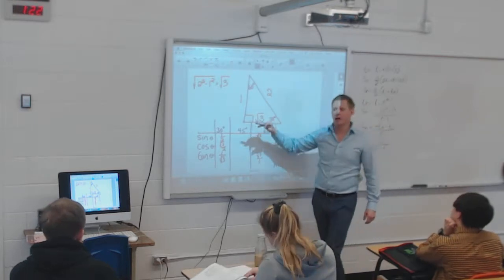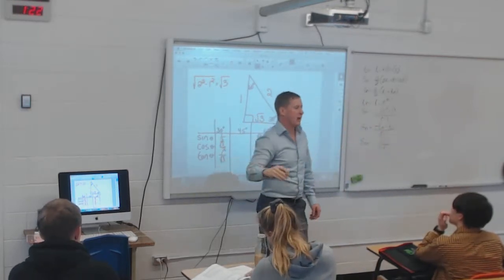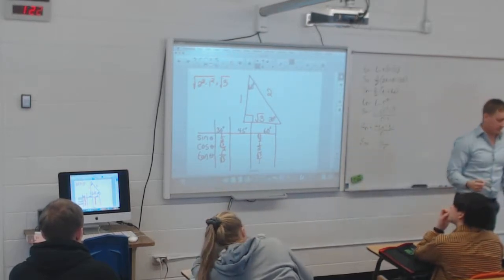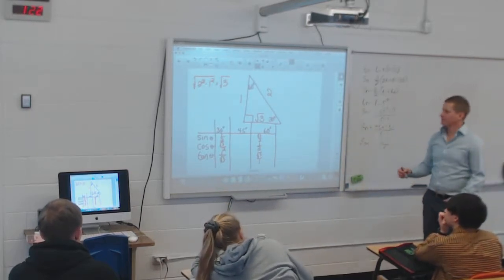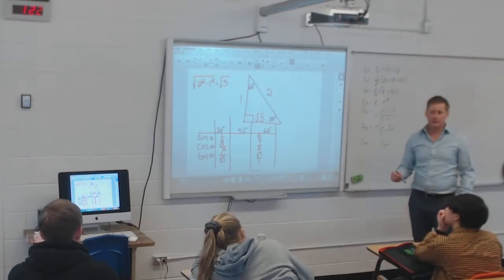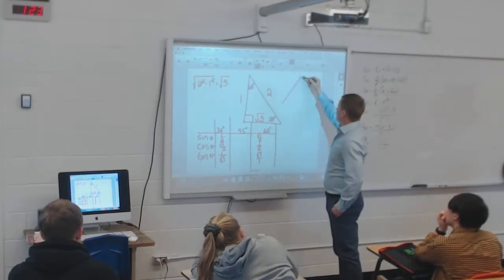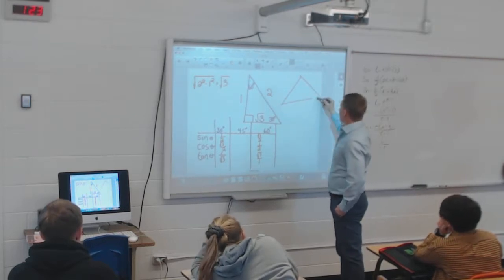We will not use a calculator for this. You just write it as 1 half and root 3 over 2 as your ratio. Okay, so far? Any questions? All right. I cheat a bit on this guy. The next one I'm going to show you